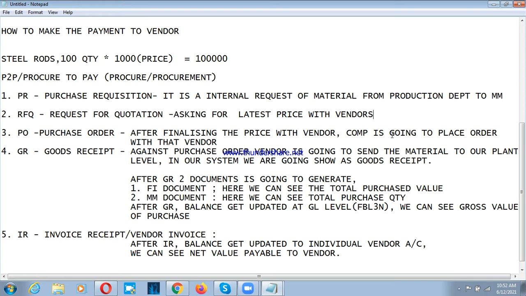We can ask for quotations from n number of vendors. Then after finalizing the price, what do we do? We are going to purchase that material. Then after